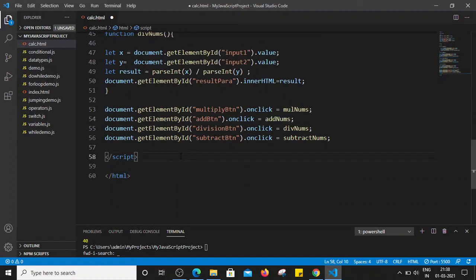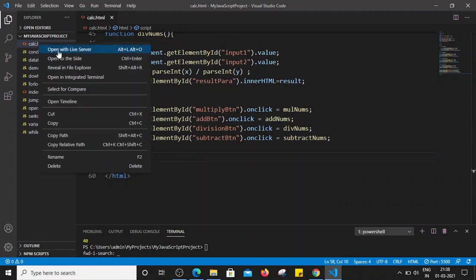Right, now let's save this file and open it once again. So we can see here all the four buttons are here. Now let's see whether they operate as per the functions or not. So I'm just going to use 4, and the second input as 5. Now I'm going to click on the add button. Right, let's see what happens. It's adding two numbers, correct?